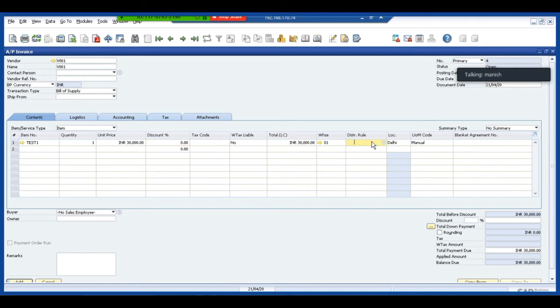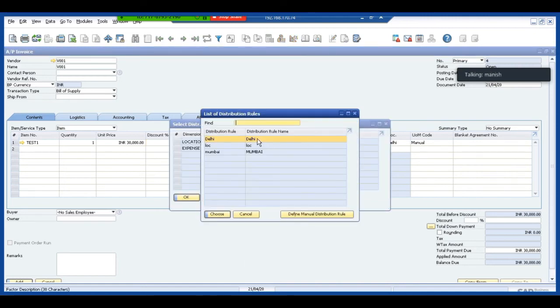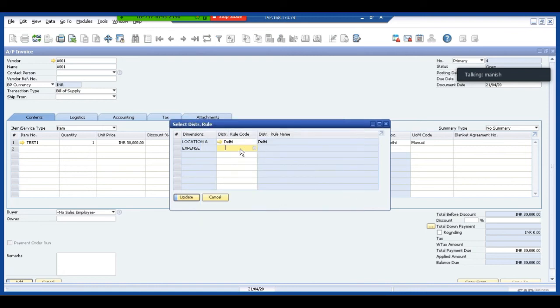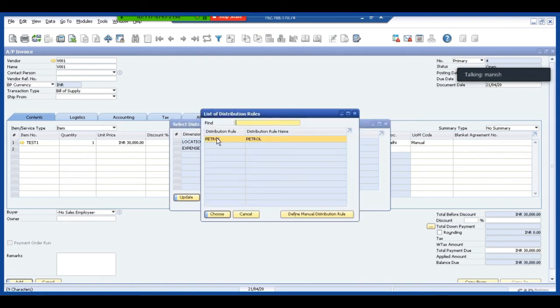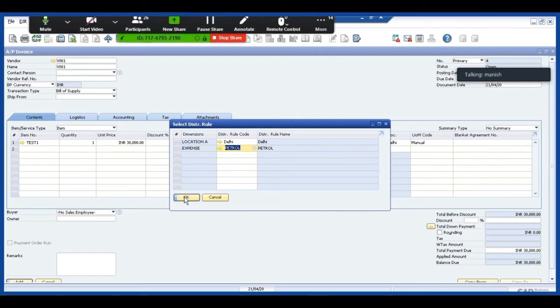Under the distribution, first I'll select my location as Delhi. Then under the expense, I'll select the petrol out here. So this is how I can have 5 dimensions and I can have multiple cost centers under it. So I believe I'm able to answer the question.